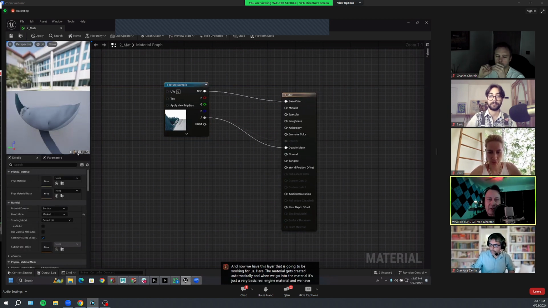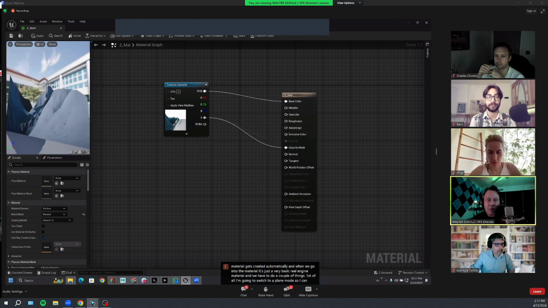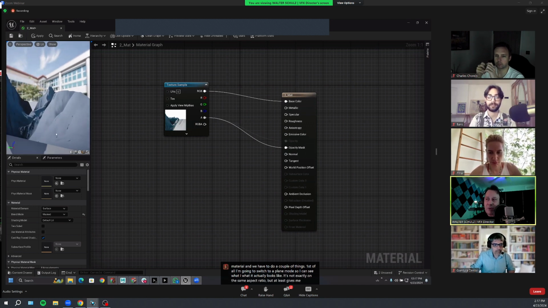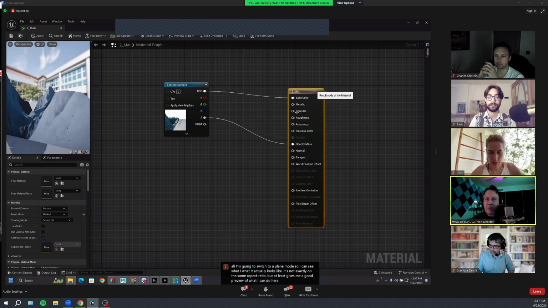And we have to do a couple of things. First of all, I'm going to switch to a plane mode so I can see what it actually looks like. It's not exactly on the same aspect ratio, but at least it gives me a good preview of what I can do here. So the first thing we want to do is, and we're going to be learning some very important hotkeys here. We hold M,